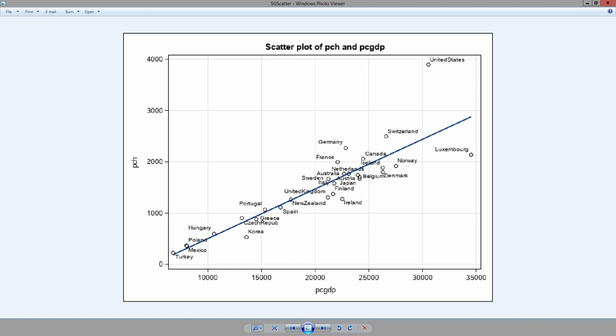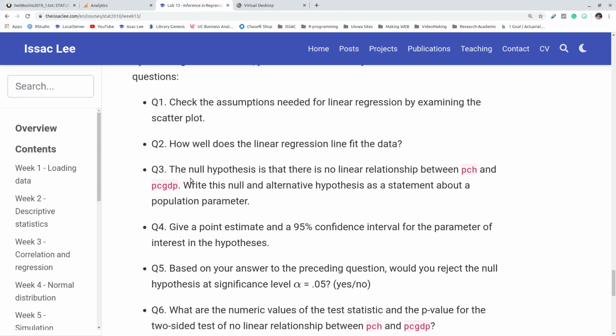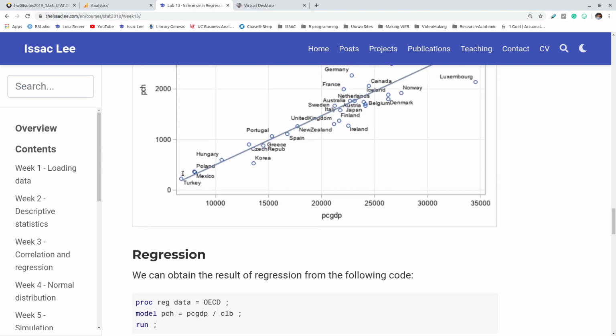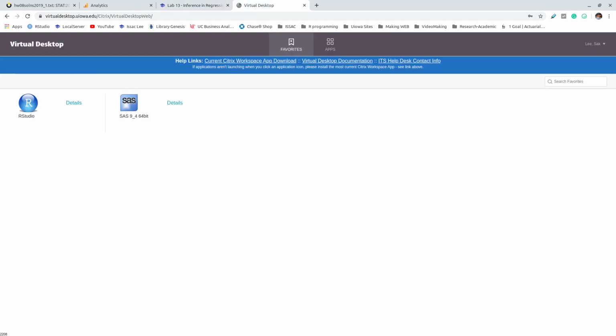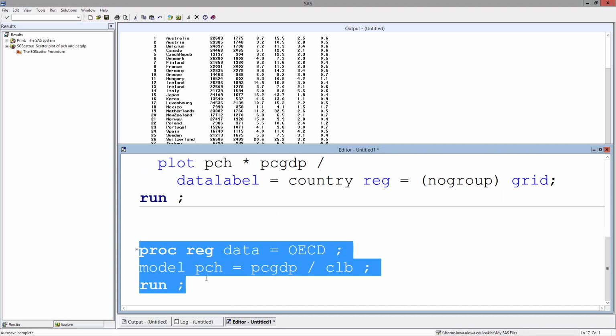Now let me do some regression inference in SAS. In regression inference, we can do this with only 3 lines of code. So we can use this one and submit that in SAS. This will give you tons of results. Okay, so if you submit this one,